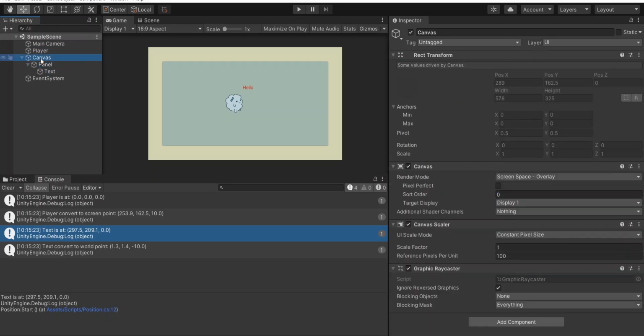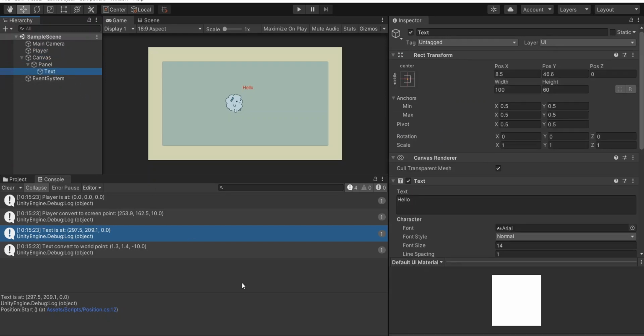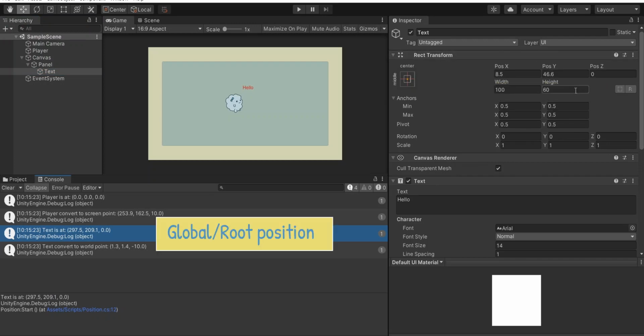For objects not having parents, like player, the position info on the inspector tab is also the position in root space. And for objects that have a parent, like test, the info on the inspector is the position relative to its parent. So this info is local position. Now you can understand why the info on the inspector is different from the log. One is local position and the other is global or root position.